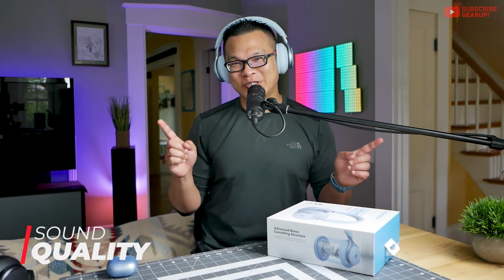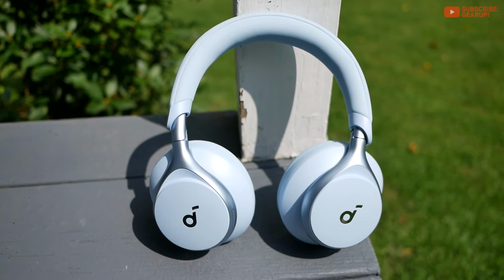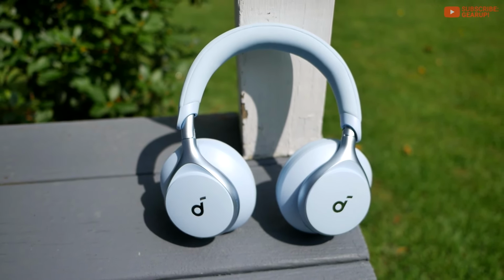Let me tell you a little story. This thing gave me a scare with sound quality. The voice that speaks to you at boot up and also pairing, like power on or pairing. When I first took this out of the box and powered it on, I was honestly shocked by how distant and muffled she sounded. She was so muffled, I was almost convinced that she had a cold when they recorded it and that I was compelled to send her a get well card or something. So, aside from probably being the lowest quality voice recording I've heard in a SOUNDCORE in a long time,